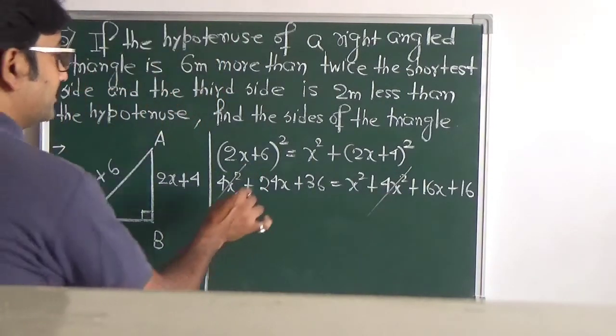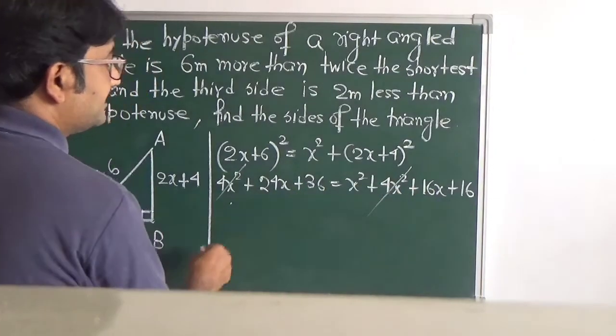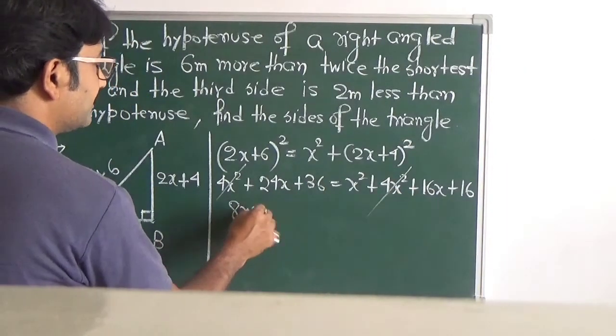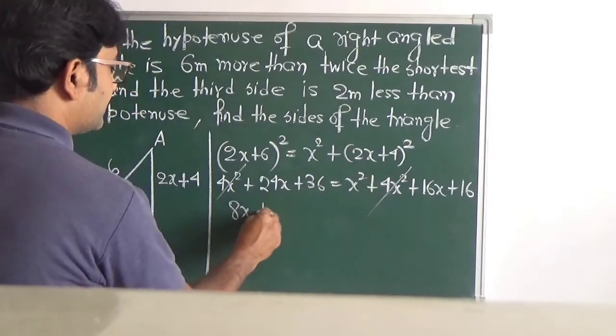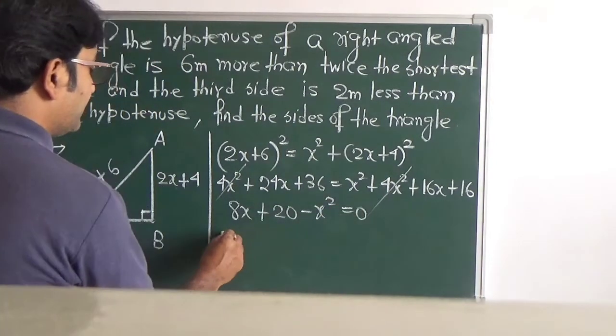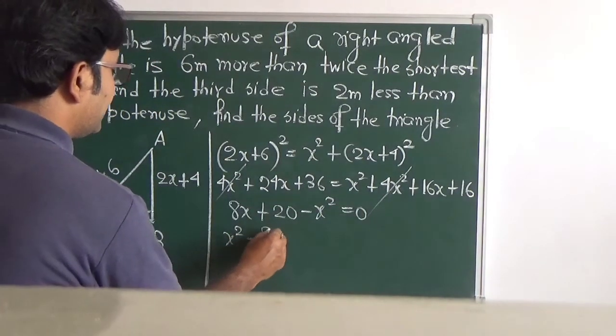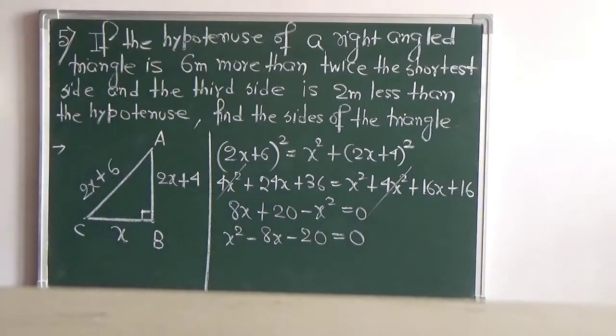We have 24x. If you bring 16x this side, it will be 8x. 36 minus 16 is 20, minus x square is equal to 0. We can write it as x square minus 8x minus 20 equals 0. So now this is our quadratic equation. We need to